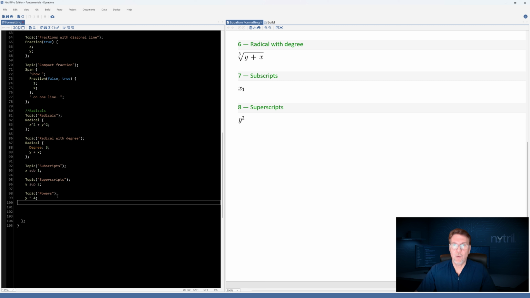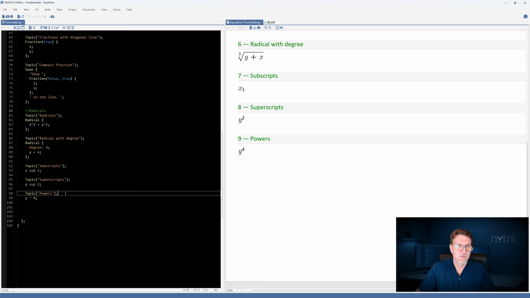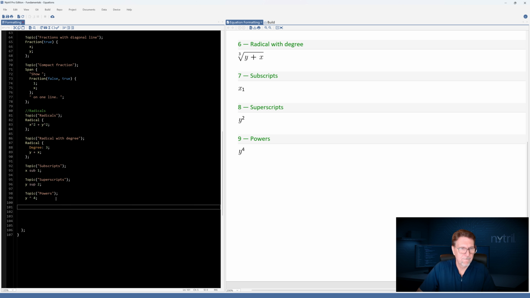Superscripts, however, look quite similar to powers. The difference is that when we use the caret symbol, we're actually raising the variable to the power of 4. So if I were to put here 2 caret 4 F5, I'm going to get the actual 2 raised to the power of 4. So this is y raised to the power of 4, and since y doesn't have a value, then it shows it as an equation instead. So we get y to the power of 4.